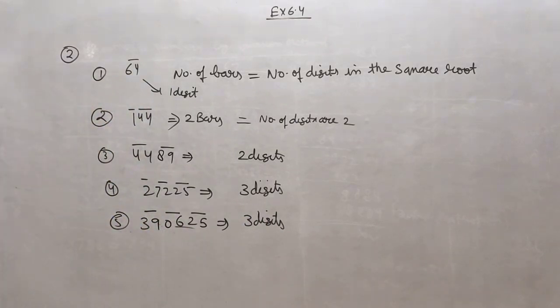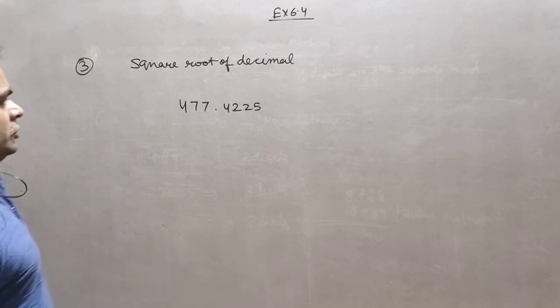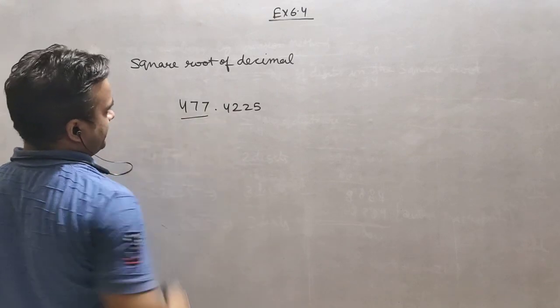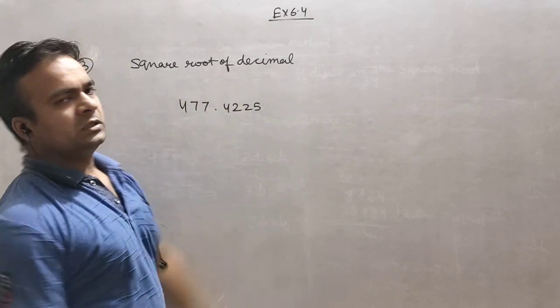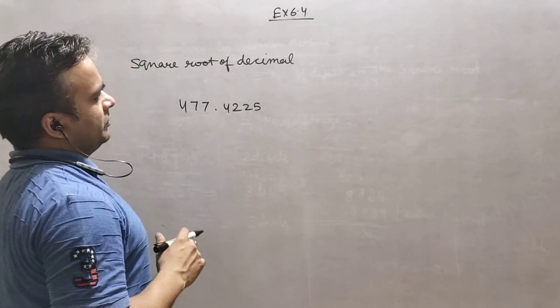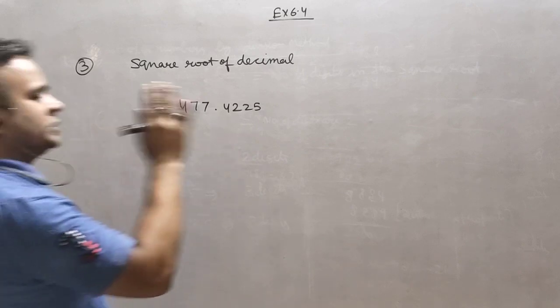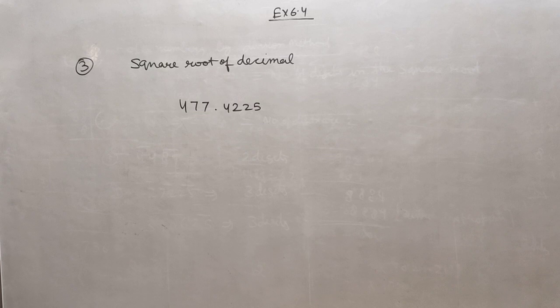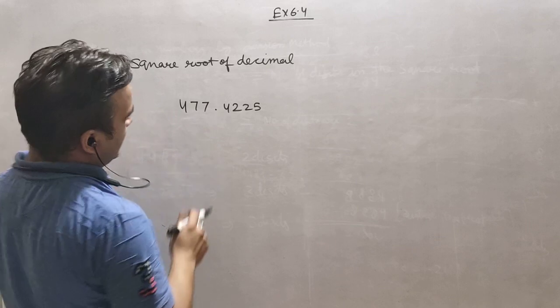Right? Now, the next question is find the square root of the following decimal numbers. So how can we find the square root of a decimal? I have taken one example here. Right? So you can see, what do you call this part before the decimal? This is called the whole part, the complete number. And this is called the decimal part. Whenever you are putting a bar for the whole part, we have the same procedure as in the previous one. But for the decimal part, we start putting the bar from the left side.